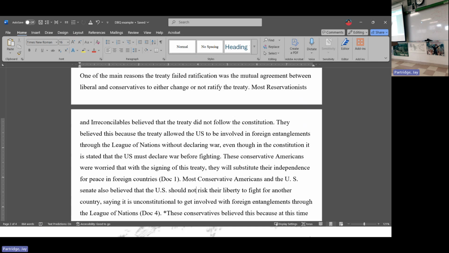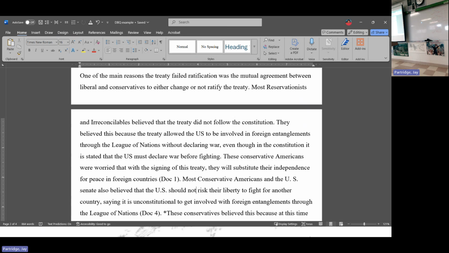Here, we have reservationists and irreconcilables, building on the Constitution. It gives us a 2-sentence explanation. You need that. You can't just immediately start writing the documents. If you start with the documents, that is a red flag to the person grading that you're just going to be summarizing the documents. They don't really understand. Even if you do understand, if you don't type it down, there's no way, especially for somebody who doesn't know you, to understand that you actually understood the material. You have to explain what's in the topic.